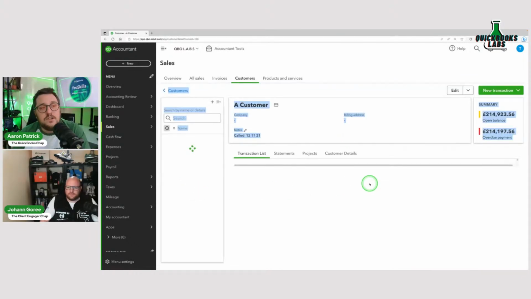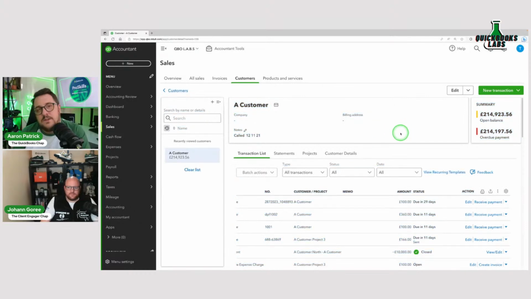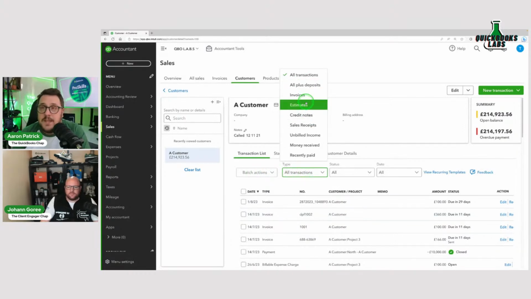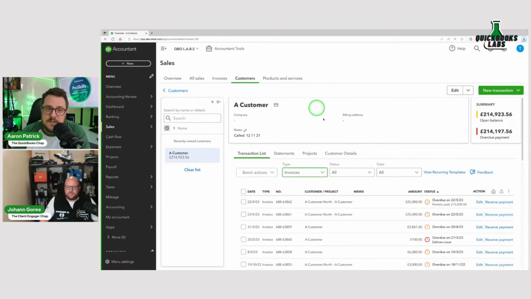But if I jump into a customer, we get lots of new features and updates here, and it's all around the way that we look at our list mode just here. Now we have the option of doing more of a filtering system up here, so we can go and find just our invoices, for example, and that will show you what invoices are there, including looking at what our statuses are. It just makes this view work a lot better for people.